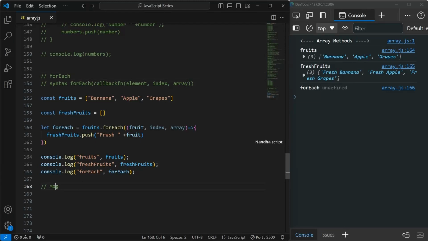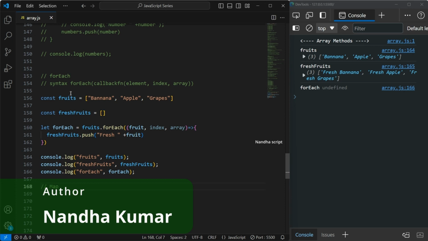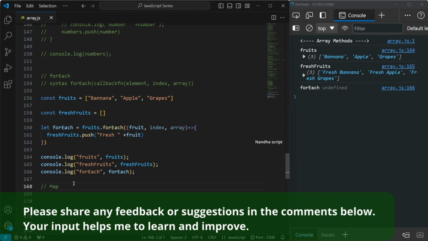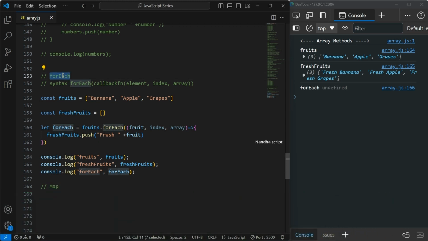In this video, we are going to learn about the map function in JavaScript. Before that, this map function will work the same as our forEach method. Basically, it will process each element in the array and return a new array. You may get confused: if it's doing the same work, why do we need a map